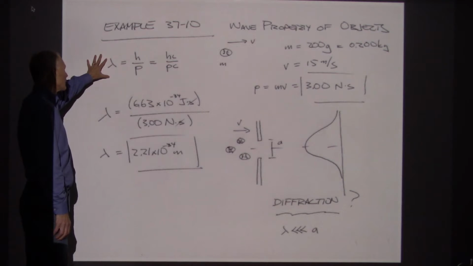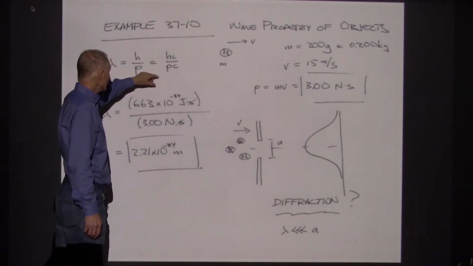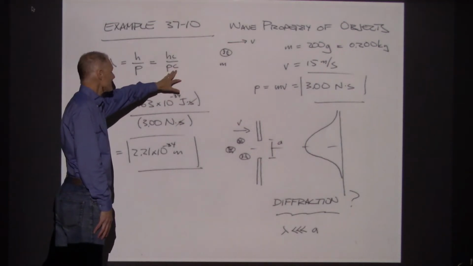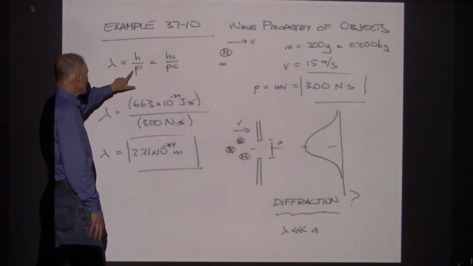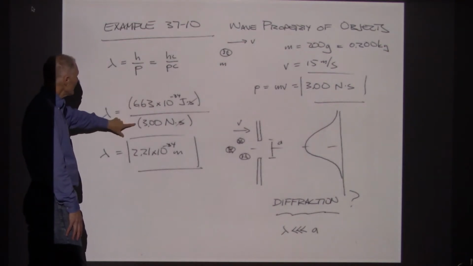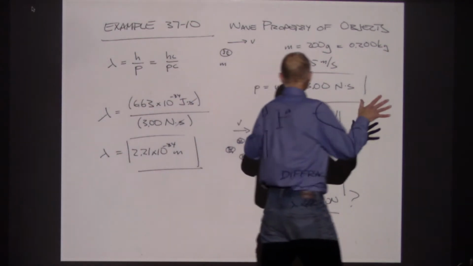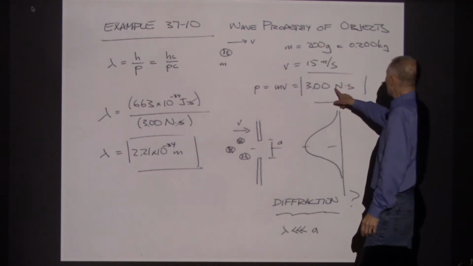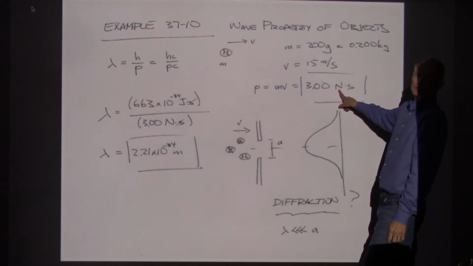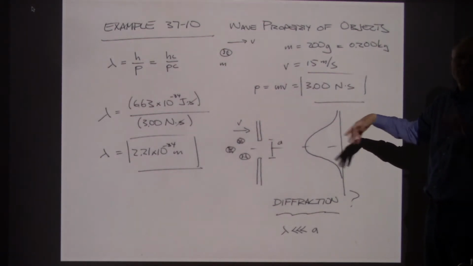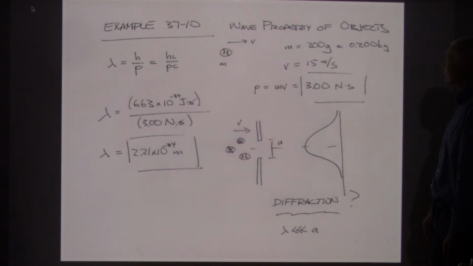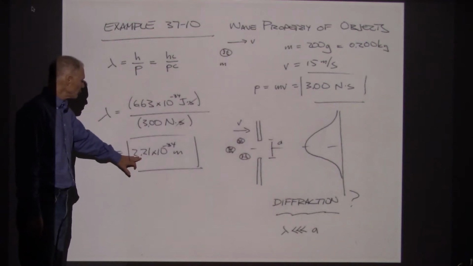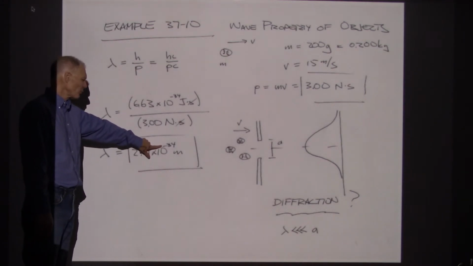If we solve for the wavelength as hc over pc, this time rather than use hc over pc, I'm just going to use h over p. So here is Planck's constant. Here is the momentum. Now I went back to calculating momentum. This is a baseball, so it's m times v, and the momentum is 3 Newton seconds. If you like going back to these everyday kind of objects, this is a good example to take a look at. So it predicts that this baseball has a wavelength of 2.2 times 10 to the minus 34